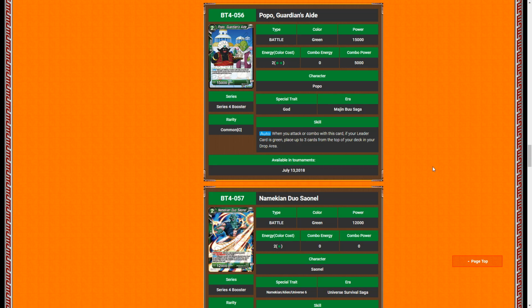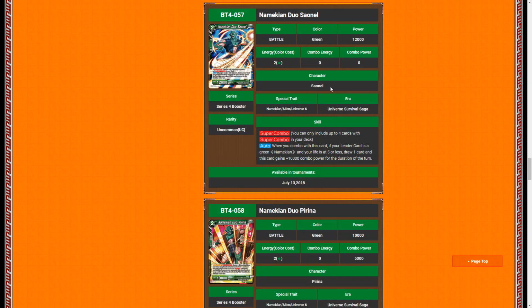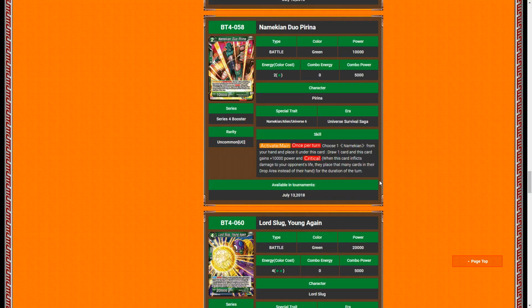So this could go well with Saiyan Hobo feature, since this is all green. This could go well with the Overwhelm deck if you're playing Lord Slug. I'm gonna definitely be doing that. That's like a cooler Mira sort of thing with all the support as well. So a lot of different options. So now the other card, this is a super combo, and you draw when you have 5 or less life. So continuing that, this is the 2-drop